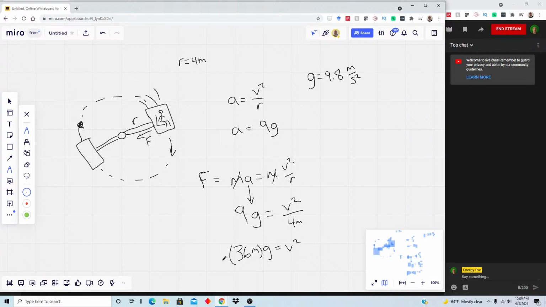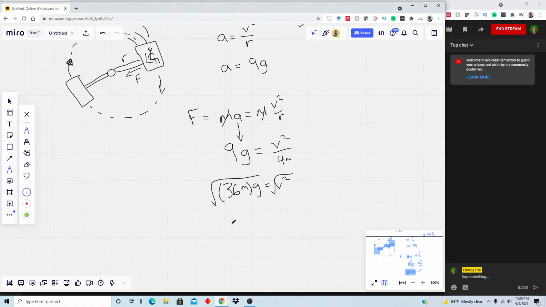Here we take the derivative of both sides, or my apologies, we take the square root of both sides. What are we left with? v is equal to the square root of 36, which is 6, times